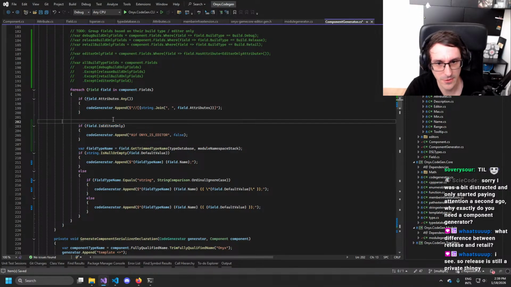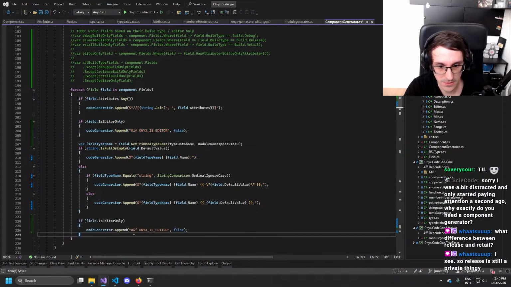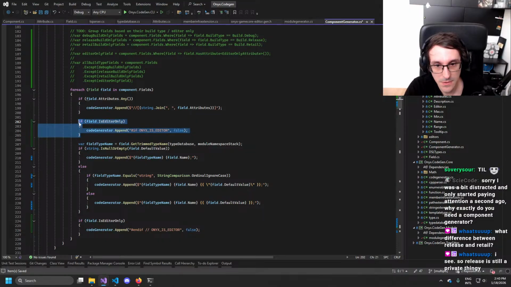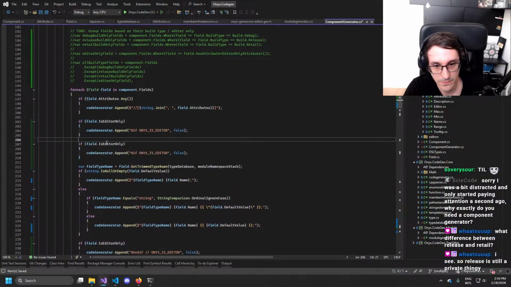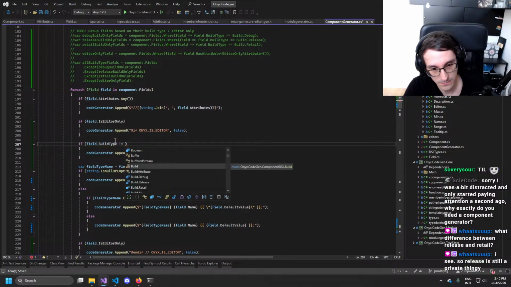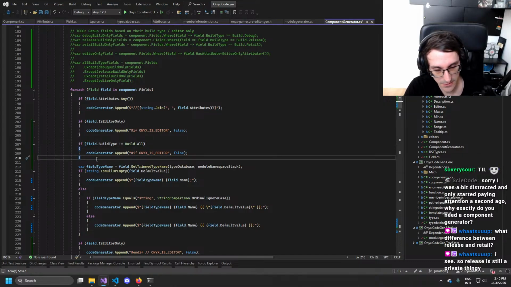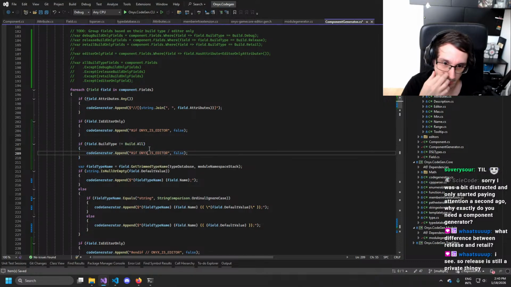Yeah, okay. So if we are editor only, we add this. And now at the end, we do an is editor only again. And if, like that, and then if build type, if that is not all, then we generate the build type basically.